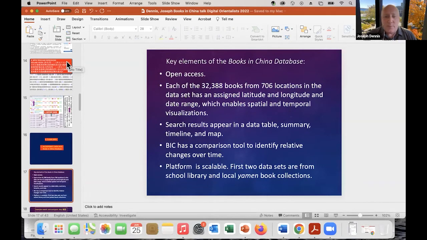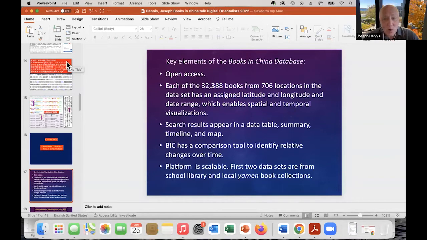So the Books in China database, it's an open access database. There's 32,000 and some books from 706 different locations, and each has a latitude and longitude assigned and a date. And you can visualize the data in a data table, in a summary form, in a timeline, a map, or look at it with a comparison tool.